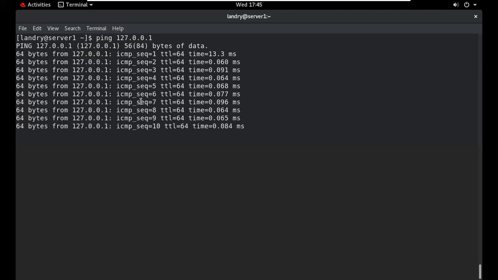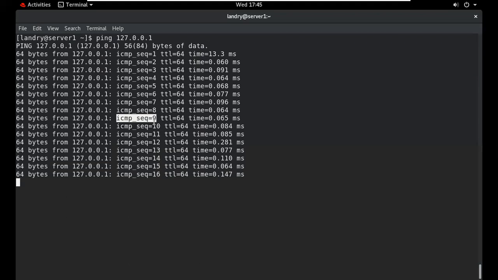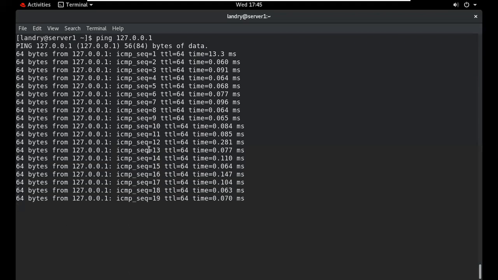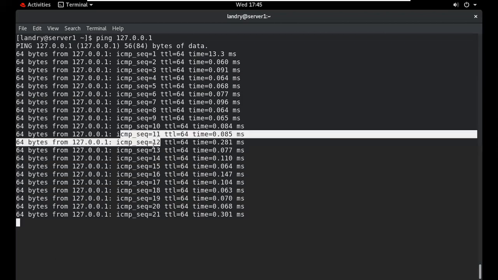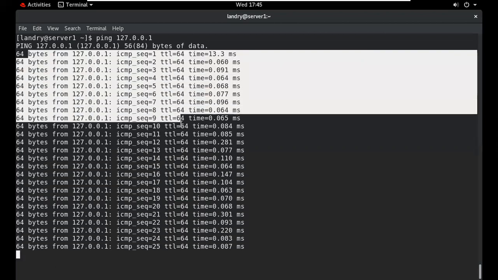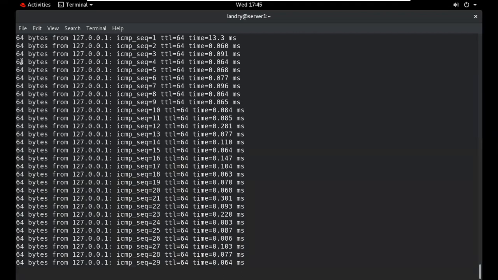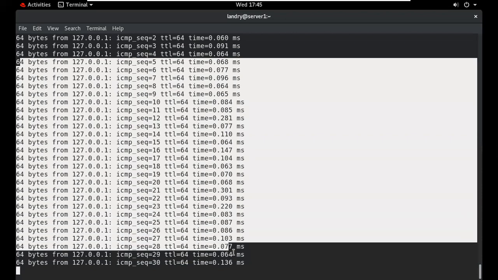Suppose when you check the connectivity to another machine, it will show me the connectivity. Sometimes it will connect, sometimes it will not connect, and we want to check how many packets it will connect, and after then we don't connect. We save this output in a file for troubleshooting purposes.